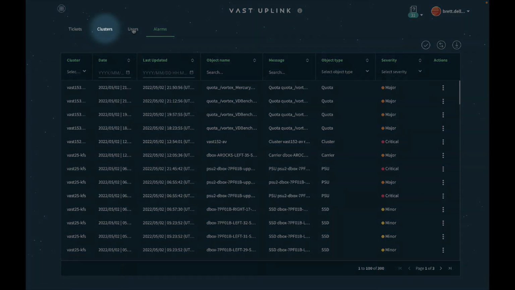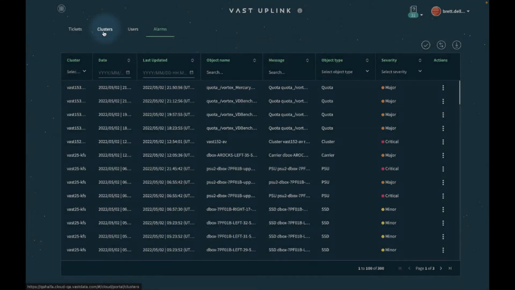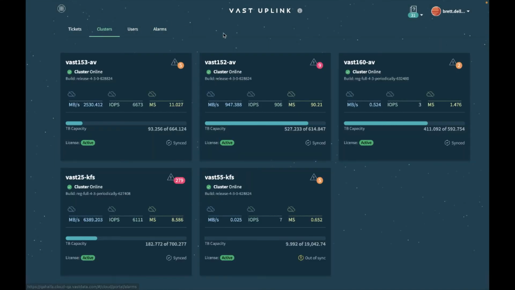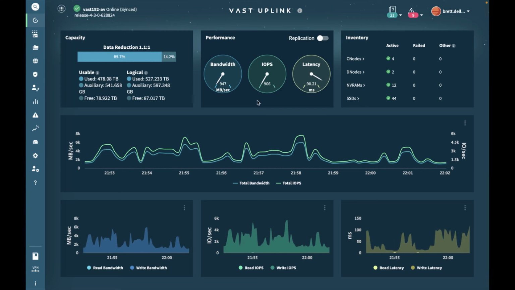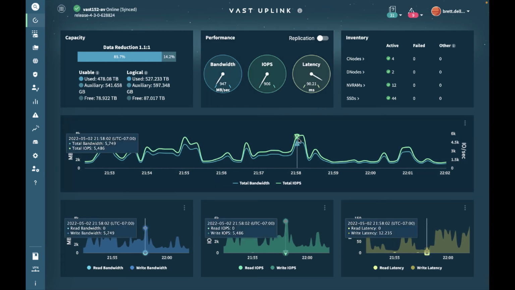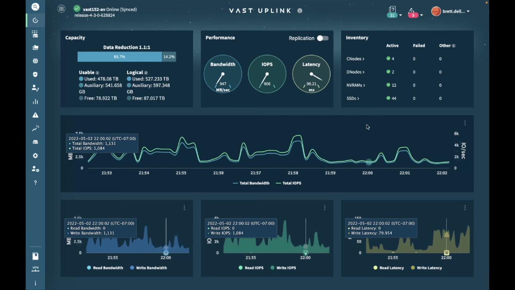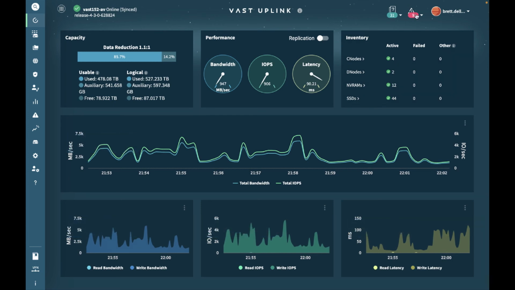Going back to the clusters tab, you'll notice that all 4 clusters get mildly highlighted when you hover over them. And this means you can go ahead and click on any of these cluster cards to be dropped into a very familiar interface for existing VAST customers. This VMS-like experience gives you a cloud-hosted telemetry of all of your performance metrics and all of your alarms, events,